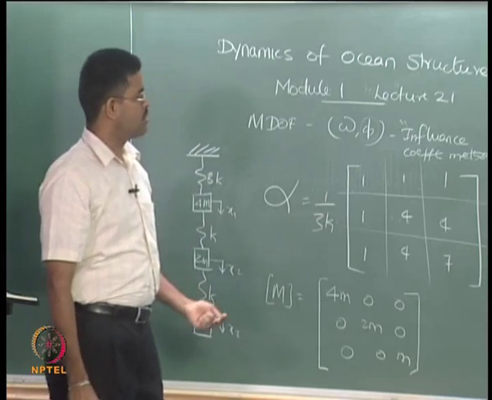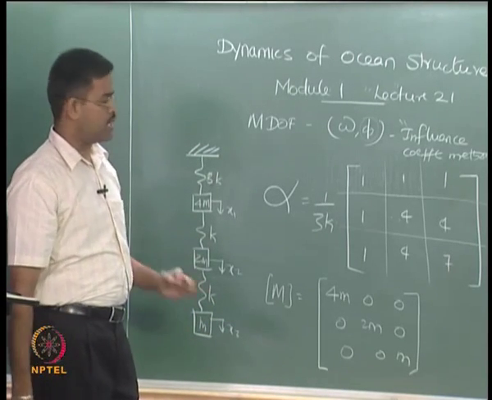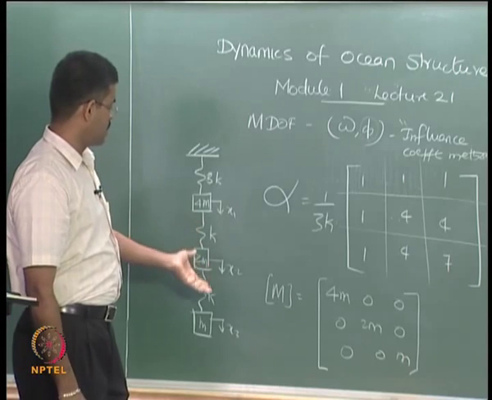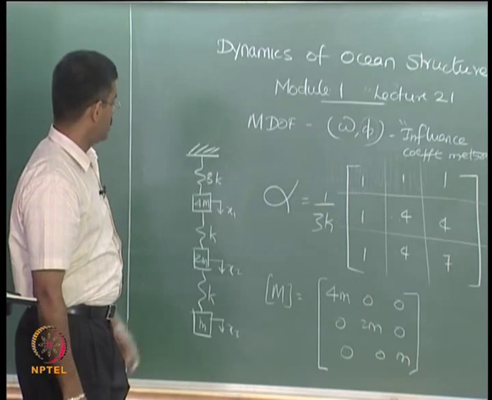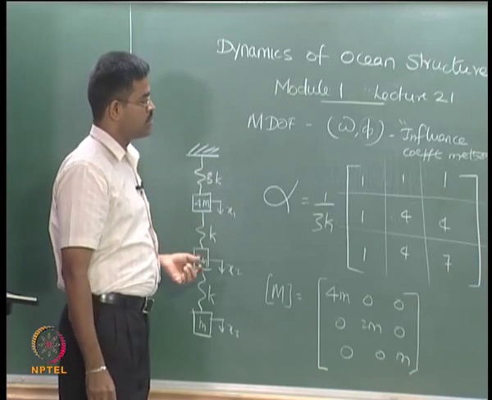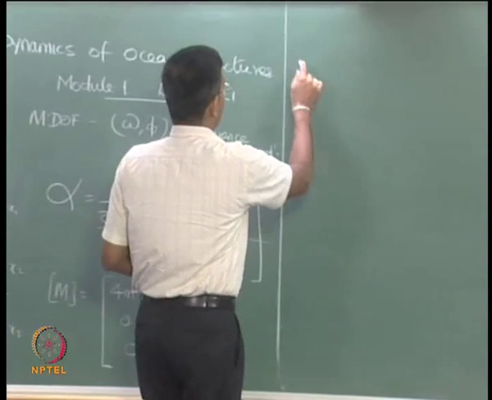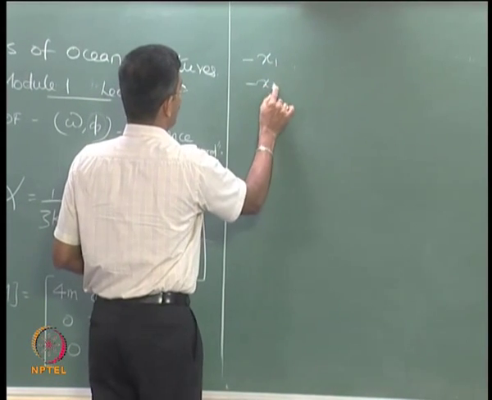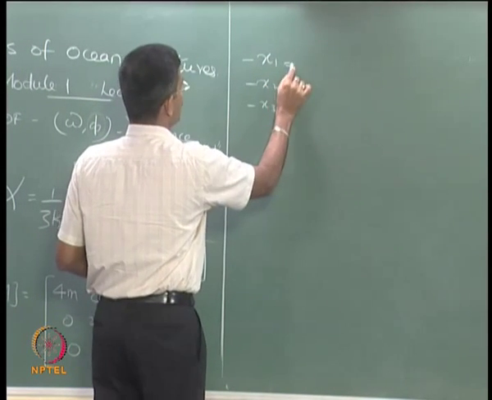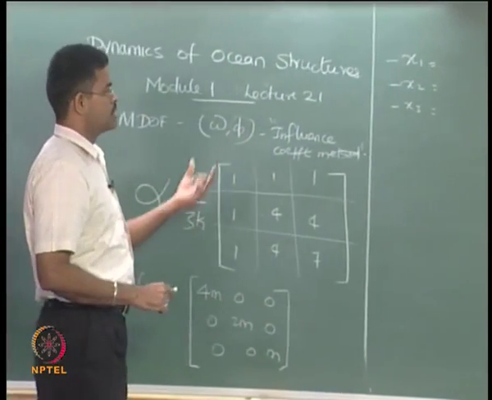Mode shape is actually the physical representation of the relative position of mass with respect to the other degrees of freedom when the vibrating system is excited or vibrated at a specific frequency, which is a pair of the mode shape. So we intend to write the control equations, and I already said this is an iterative scheme. There is a specific method by which I can write this equation.